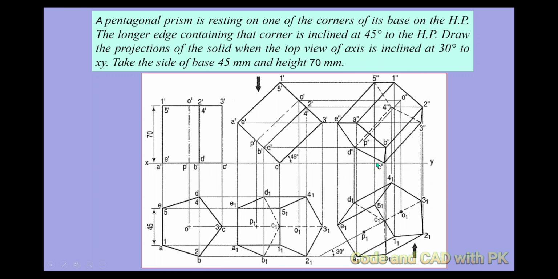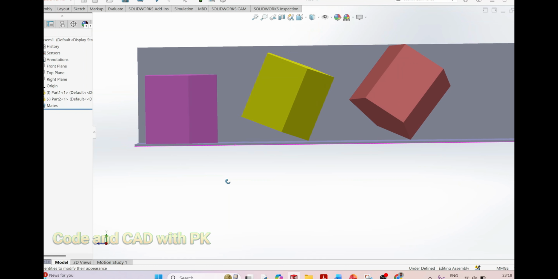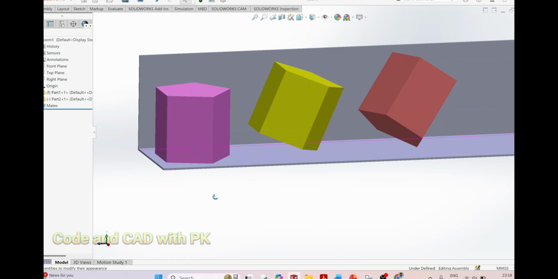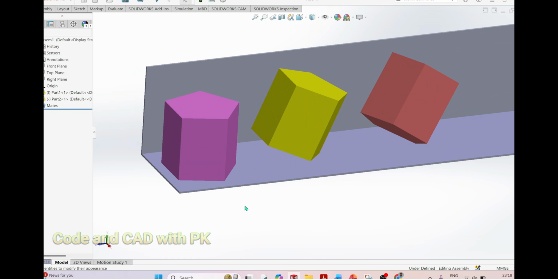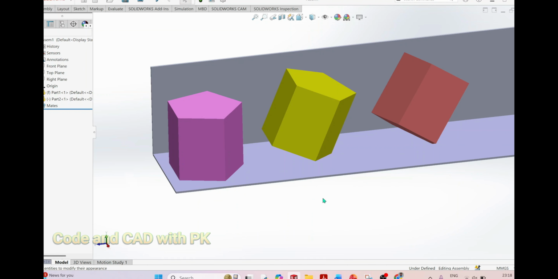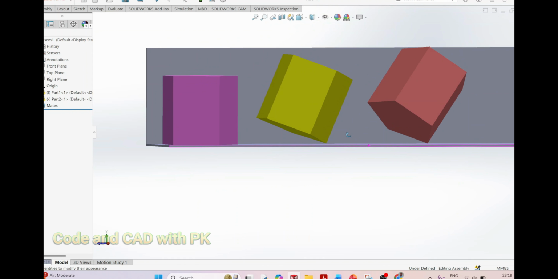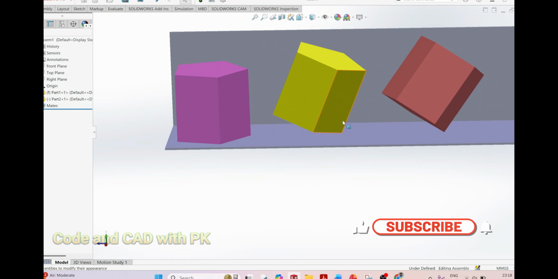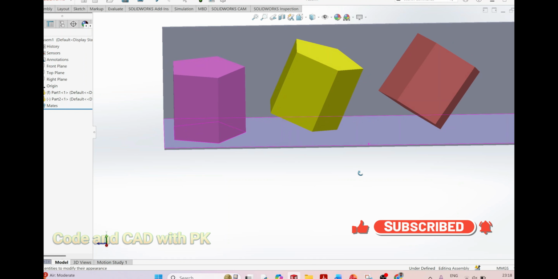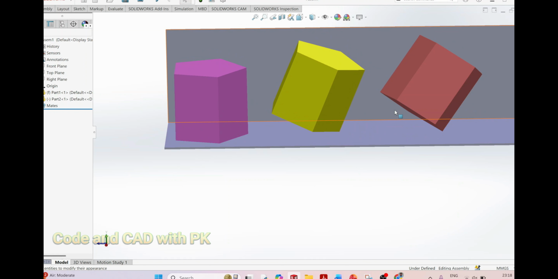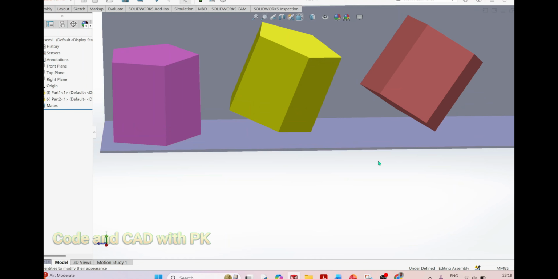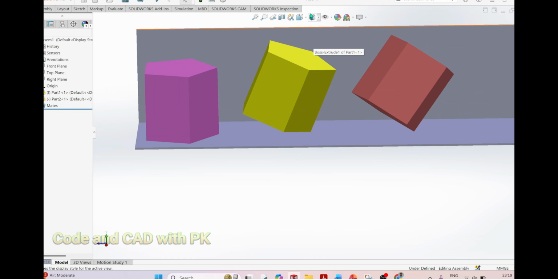Now I will demonstrate in SolidWorks also. This is my initial position of the solid, the first stage of the problem. Now in the second stage, what happened here? The longer edge is now at 45 degrees to this horizontal plane. And in the third case, the top view of this diagram is inclined 30 degrees to the vertical plane. If you observe the front view of this one,